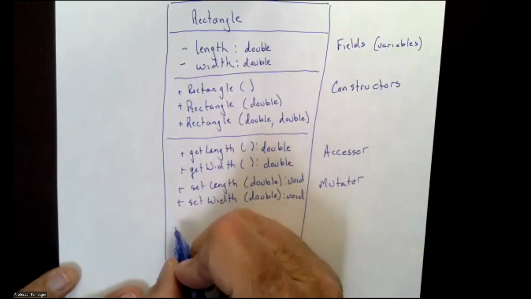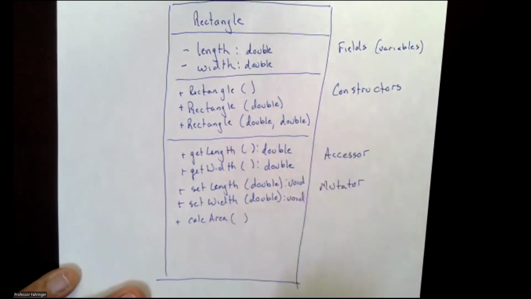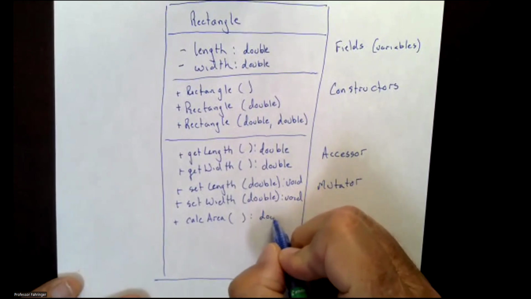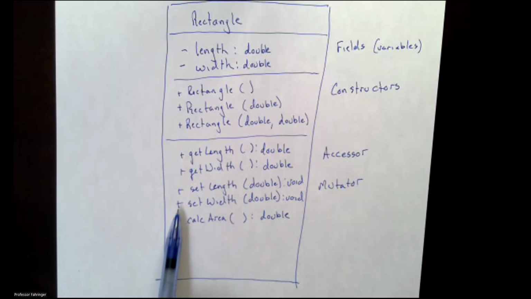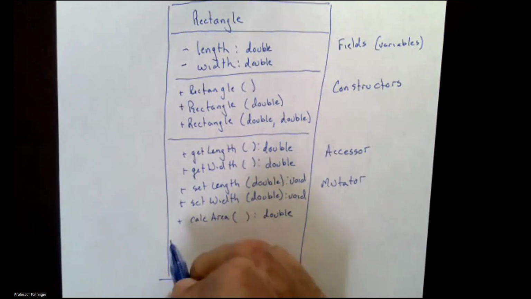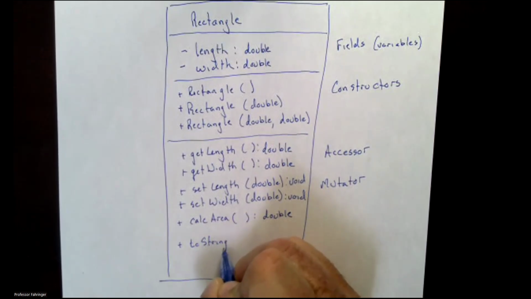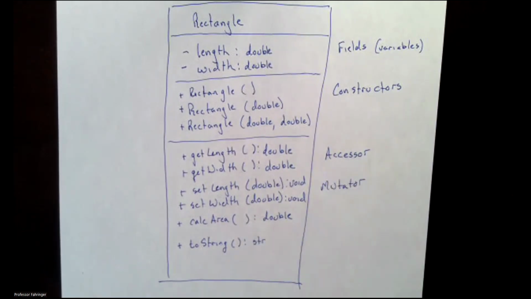Then we would have had something like calc area. Nothing's coming in because what I need is already in here, the length and the width, but I would be returning a double. Remember our return types out here on the end. We have value returning and void returning. The plus means these are public and the minuses. So I had worker functions. And then I had one more in Java that was huge. And that was my toString. And that returned a string. So if I was knocking off rust from that course, pew, pew, pew.